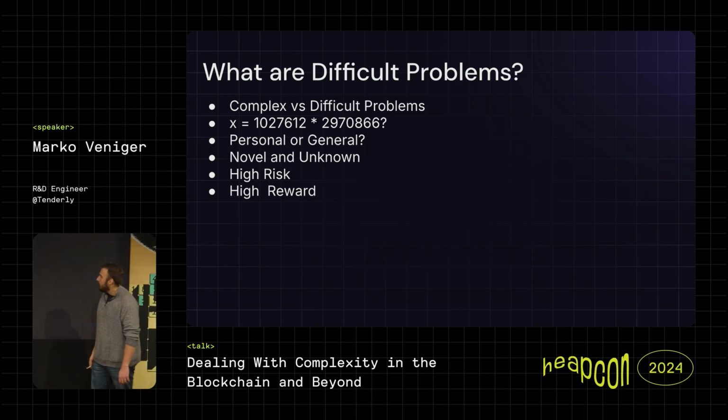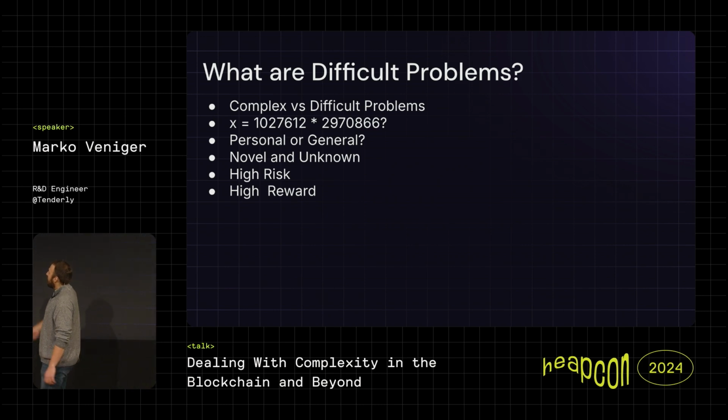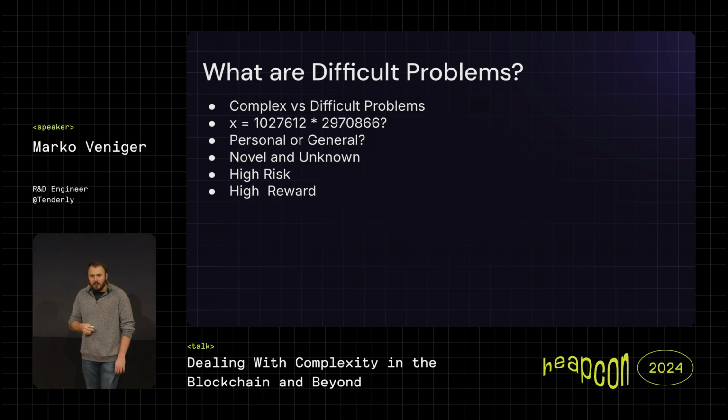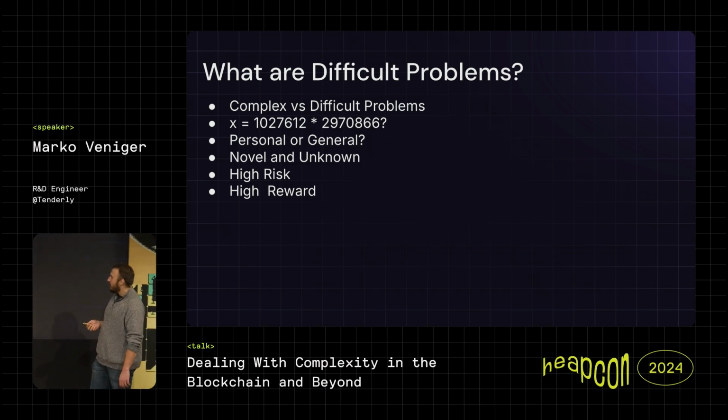So, what could be a difficult problem? Is this a difficult problem? 102,706, whatever, multiplying two big numbers. Anyone? No? Yeah. It can be a difficult problem. In some cases, most of the time, even without a calculator, it's an extremely easy problem. It's just tedious. You would need to write down the steps and go step by step, and then do the carryover, do the sum, and stuff like that. It's really easy, but it's tedious. You would need some time, but you could get the result.